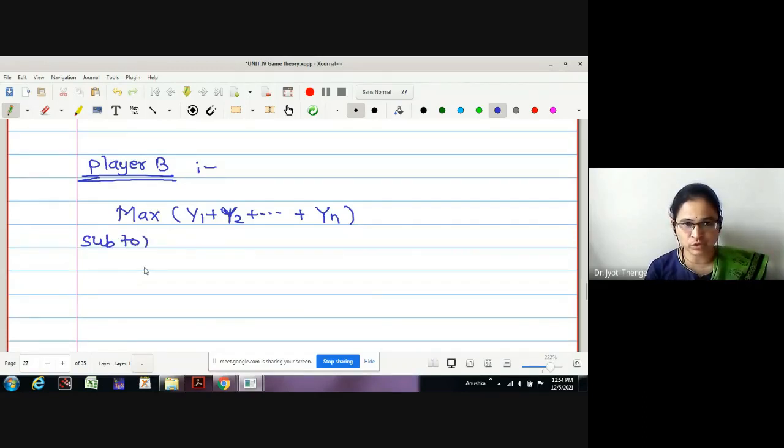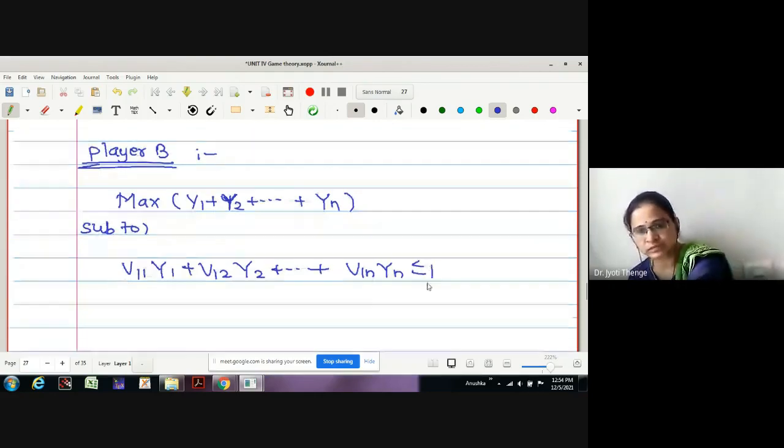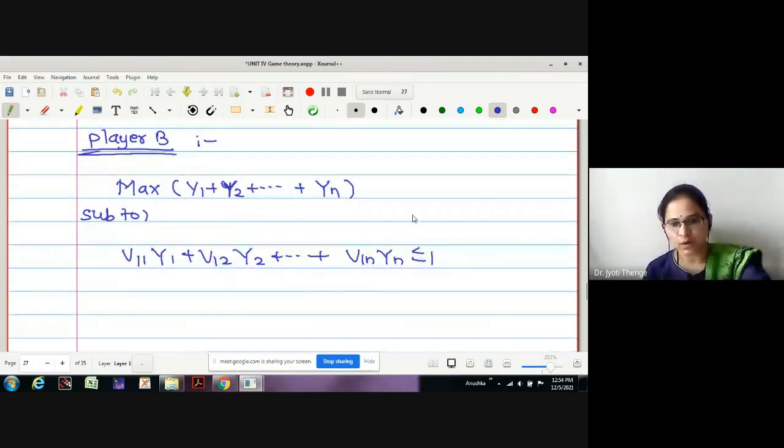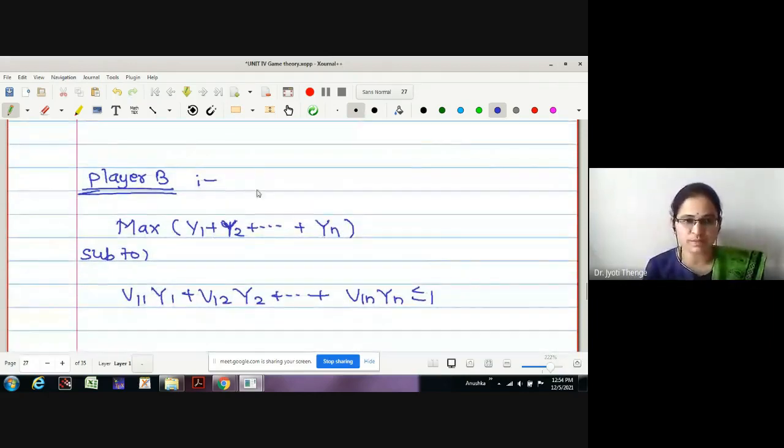Now here we are going to use rows, therefore it is simple to write v11 Y1 plus v12 Y2, and so on, plus v1n Yn less than or equal to 1. This will be less than or equal to, no? Why is it so? Because the objective function here is minimizing the maximum losses. This is the minimum of the maximum